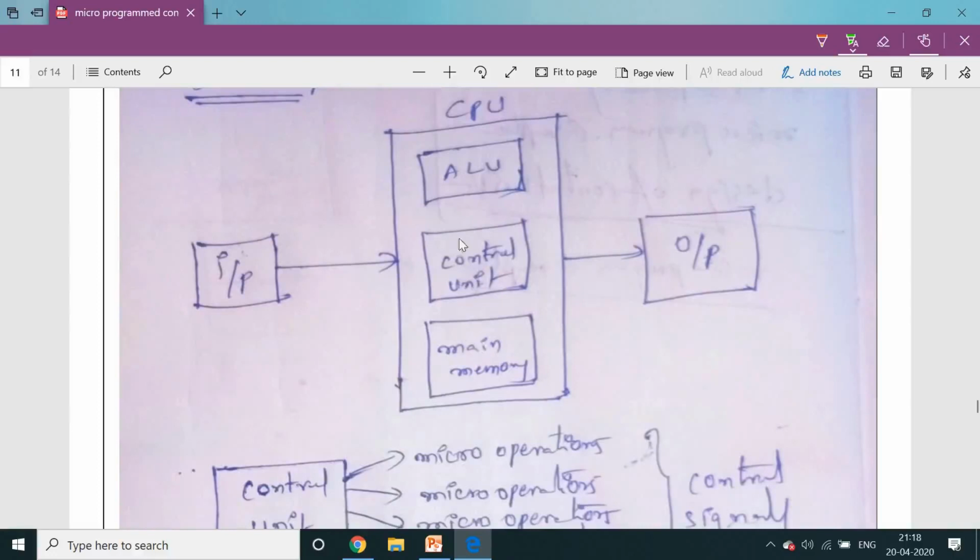Suppose you want to perform an ALU operation. Sometimes data can be read from the main memory, which means before reading, the control unit will generate the read signal. Sometimes the ALU will receive the input data from the various processor registers. At that time, the control unit will generate the read signal. After generating the read signal, the data is placed onto the data bus. The data bus carries the information and it is placed into the ALU.